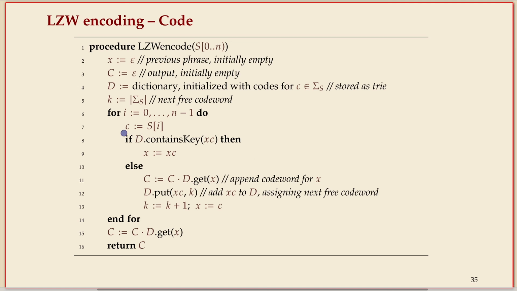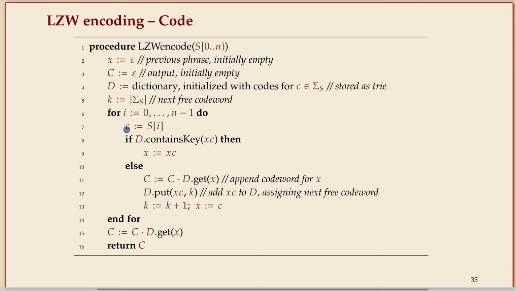So we get the next character from the text. We check if we can move one edge down in the try. If we can, we do that, and we remember in X what the phrase was that we could read. If we fall out of the try, we found our longest code word in the dictionary, then we append to the coded text the code word for X, and we add the new entry in the dictionary, which is C